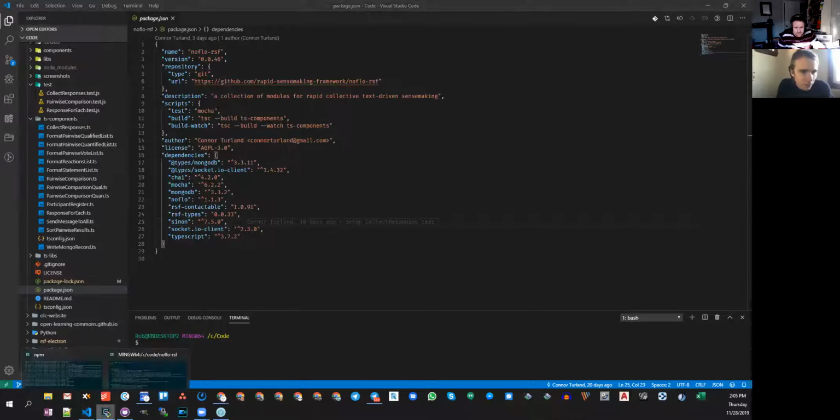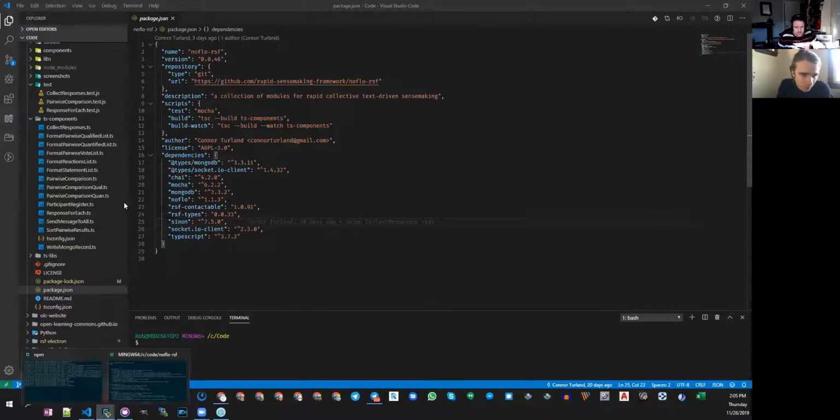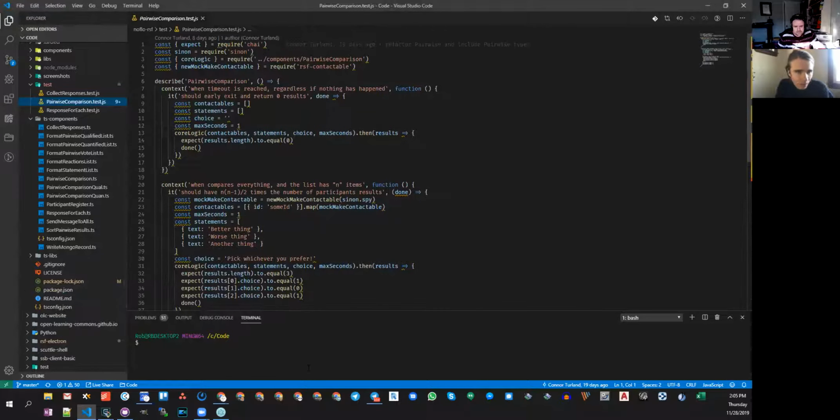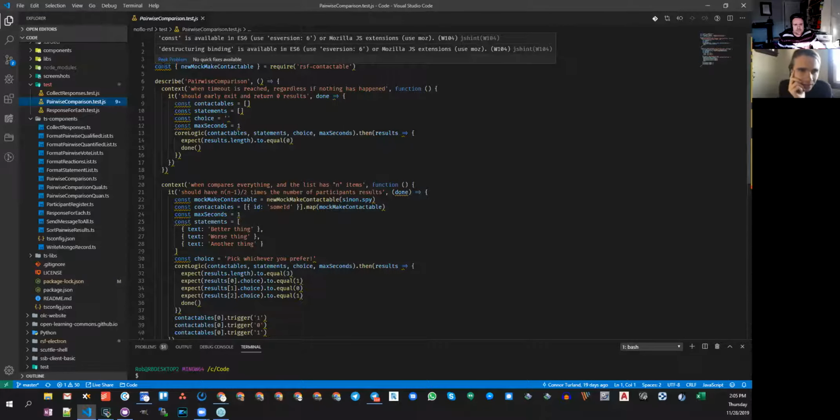So then we've got the test files, the pairwise comparison, for example. Can you see why it's highlighting all the const things? Oh, it's JS hint. Yeah, at some point in the past I installed a few extensions.